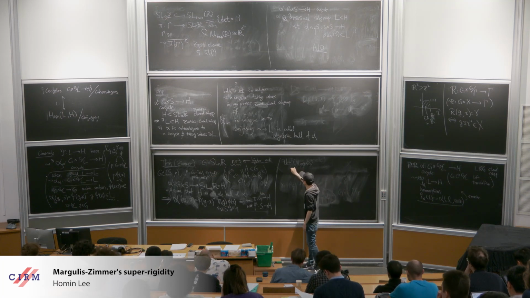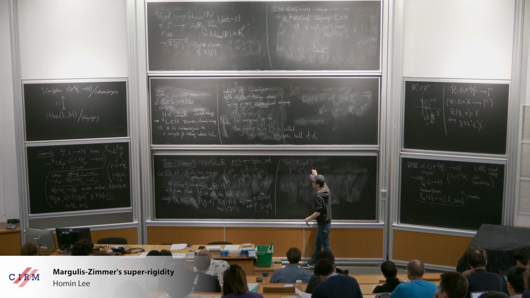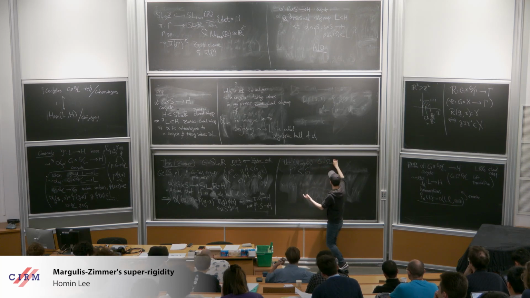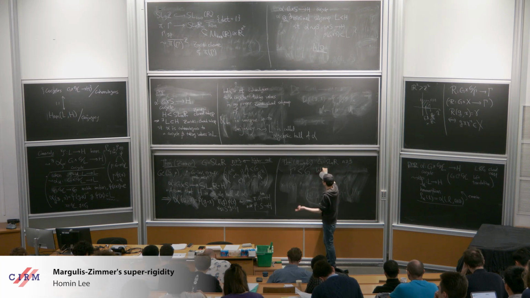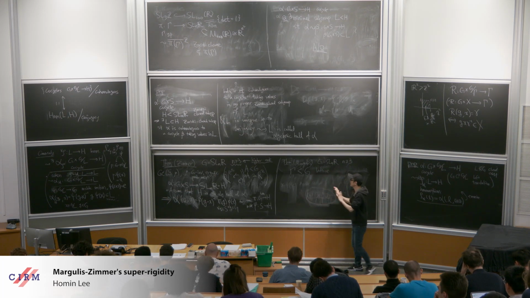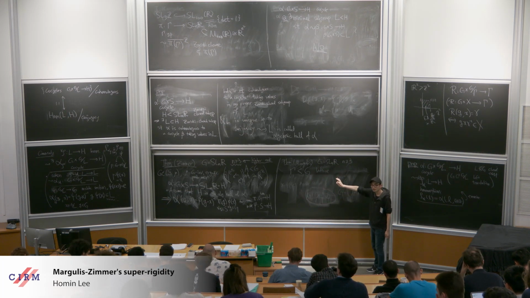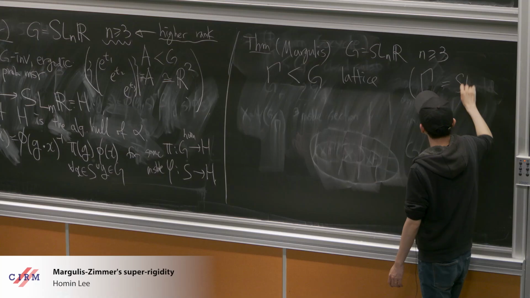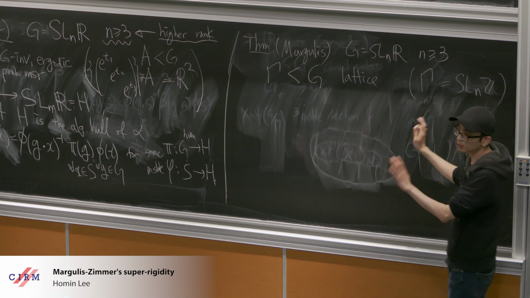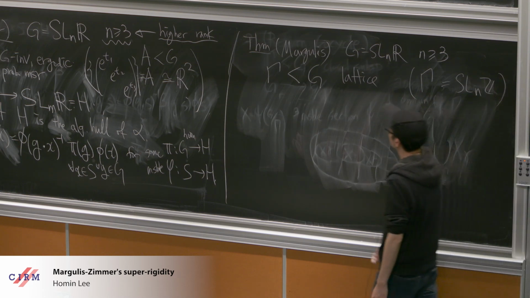correspondence. So let's say gamma is in G. Again, G is SL_n(R) with n at least 3. And here this is a lattice. I will let you know what a lattice is tomorrow, but if you are not familiar, then you can just assume that gamma is SL_n(Z). That's totally fine. And if you have a homomorphism,